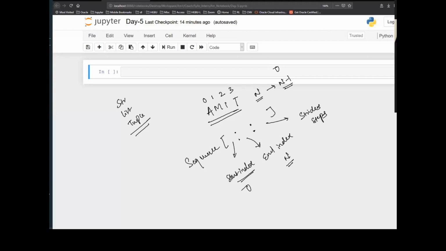Okay, so this is the syntax. Now, start index is from where you want to start for this sequence. End index is till where you want to go, and then how many steps you want to take.